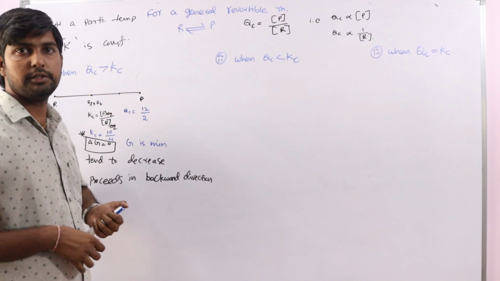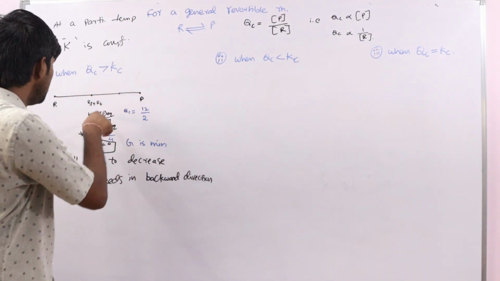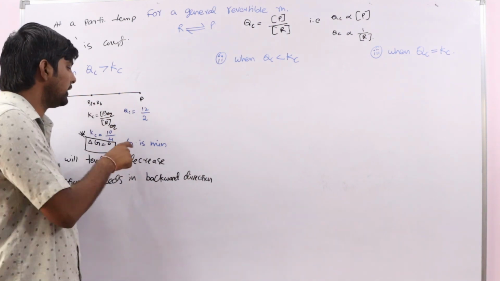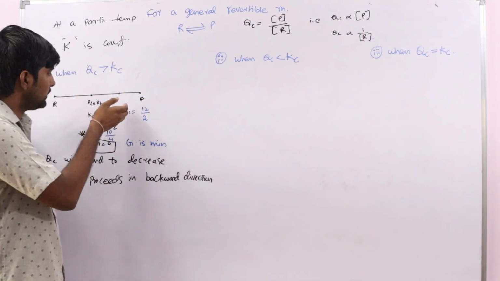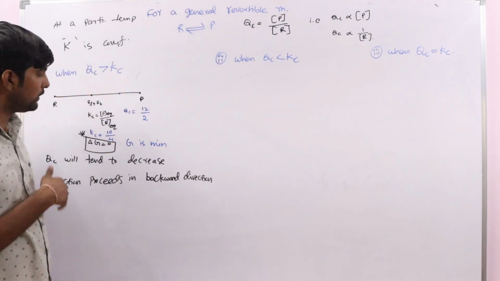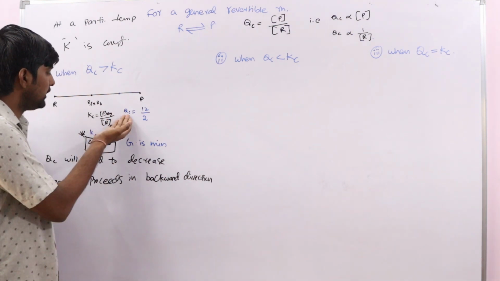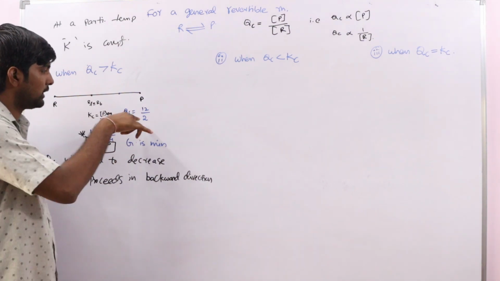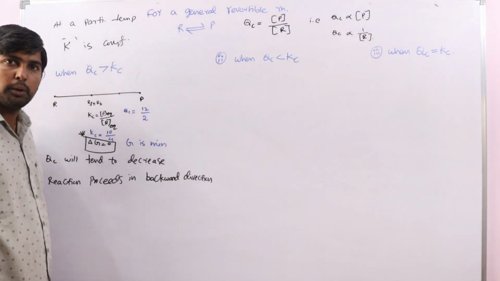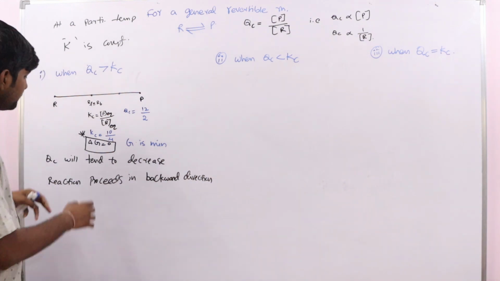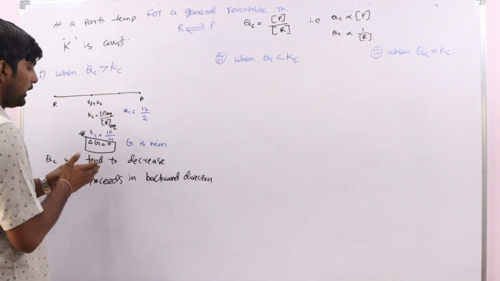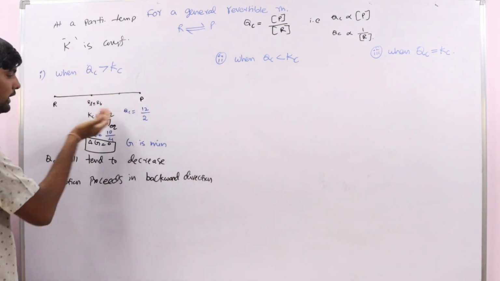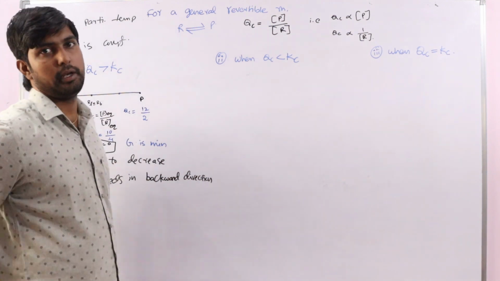QC tries to decrease its value, because Kc is the most stable state, because delta G equals 0 at equilibrium and G is minimum. So this also tries to get more stability. How can it get stability? By equaling its value to the Kc. How can it equal its value? By decreasing this one, because its value is 6, its value is 2.5. Okay, clear? So that's why Q tries to decrease its value when it is greater than Kc. How can it decrease? By proceeding the reaction in the backward direction.